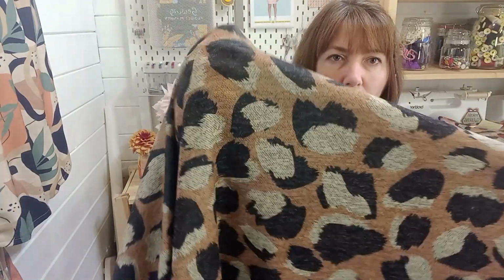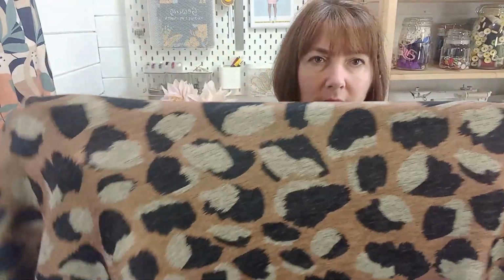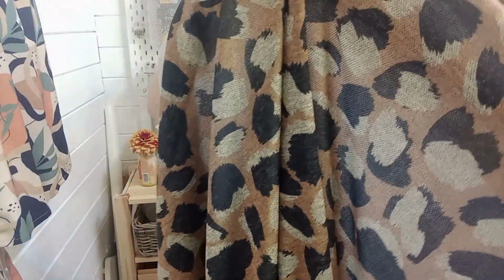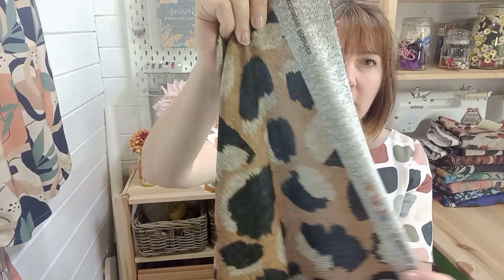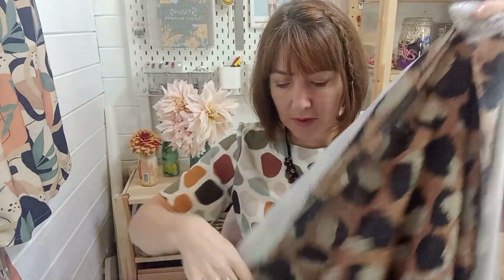Second one is called Brushwork. So although it's got a sort of animal print look to it, it's actually sort of splodge brush strokes. It's 95% polyester and 4% elastane, and so from selvage to selvage, and the selvage is the run that has the name on it. So when you put the selvages together,